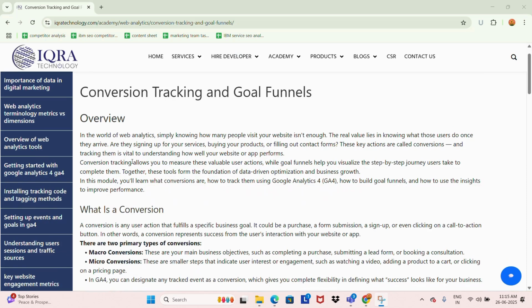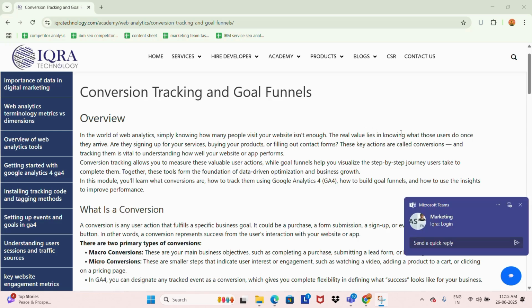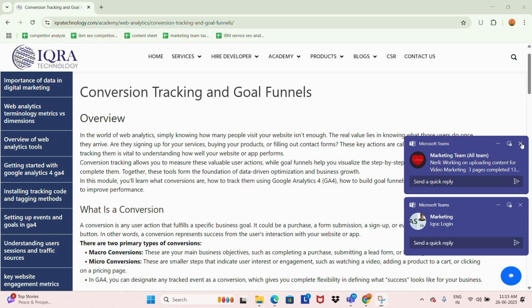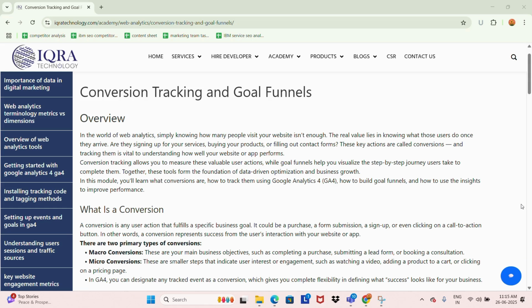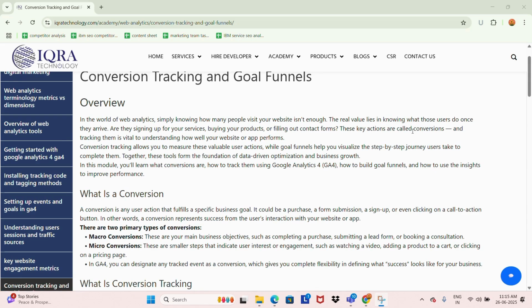In the world of web analytics, simply knowing how people visit your website is not enough. The real value lies in knowing what those users do once they arrive. Are they signing up for your services, buying products, or filling out contact forms? These key actions are called conversions, and tracking them is vital to understanding how well your website or